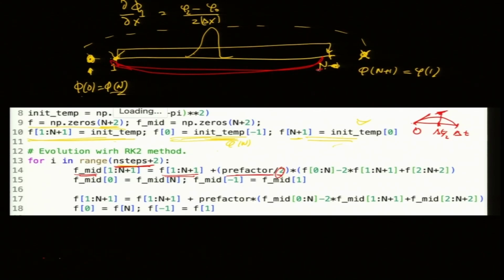By the way, in Python, the index is n plus 1, they will give you n, the index is 1 less. So this is the thing. I just update it with the RHS, which is f at i, f i plus 1 and f i minus 1.